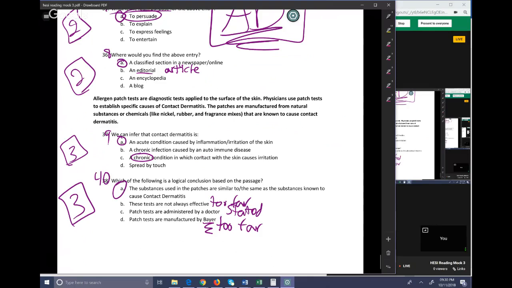So I do have second versions of the reading classes. If you've never taken those, those are an option. I also have a new class that is amazing for getting better at reading 1, 2, and 3, which are the ones that you need for the HESI, and combining them. How do you combine main idea, purpose, and logical conclusion to where you're thinking of them all together? There are a few places actually within the test, and for some reason I didn't note them on the board as I should have, that I thought of that class. I was like, oh yeah, if you're still struggling with this, you would want to do this.